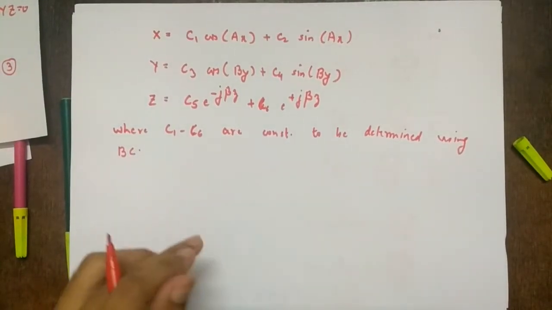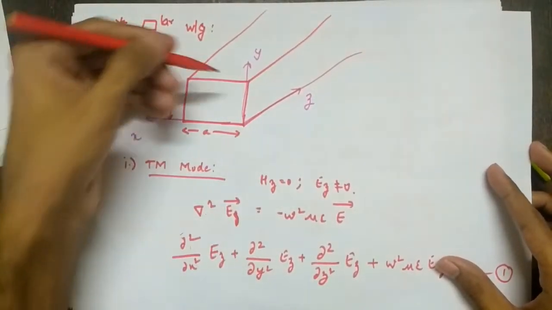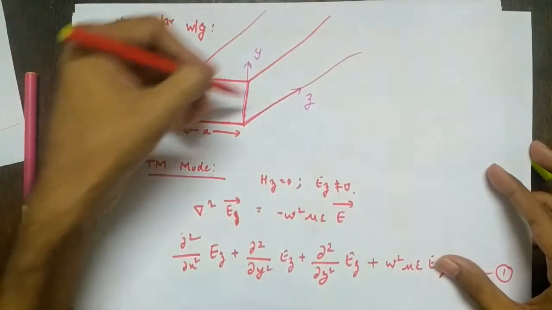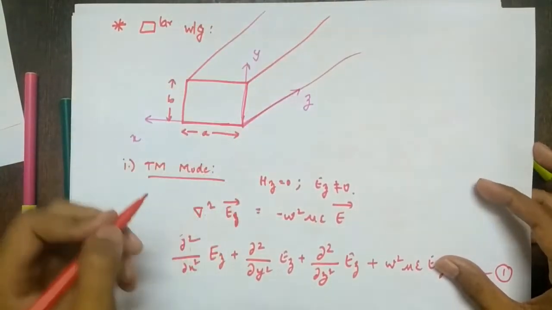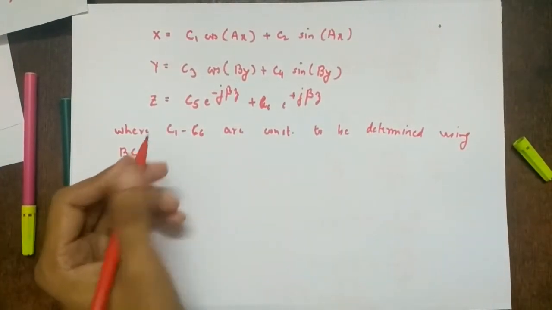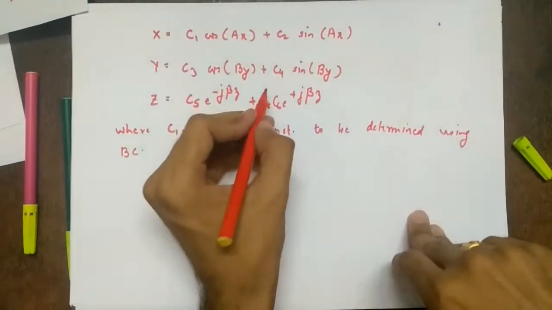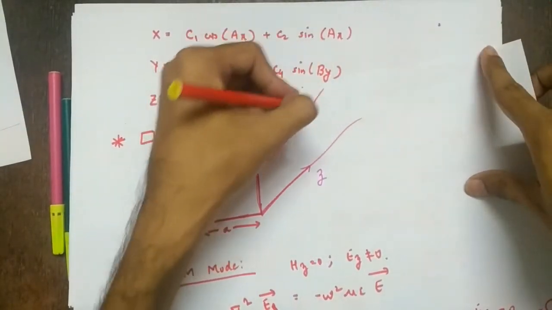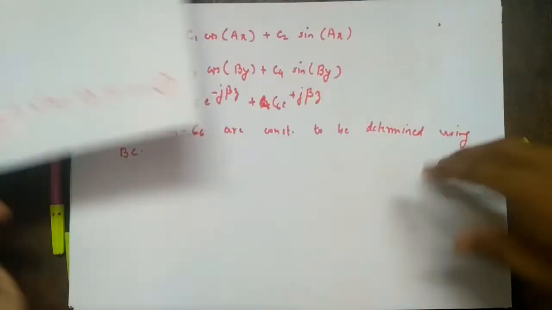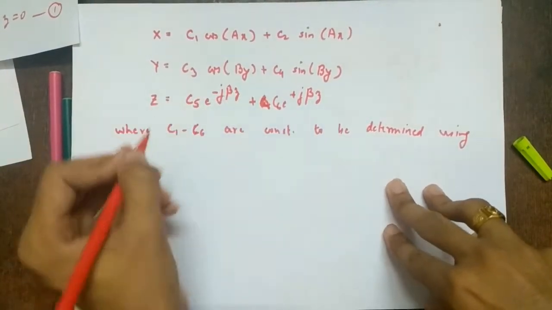First, let's use the very simple case without boundary condition. This is a rectangular waveguide, and you are assuming it is infinite in nature along the length z. So if a wave is propagated from here, it is never going to return back since it is infinite. So can I say C6 is 0? C6 is 0 because this indicates a forward traveling wave, traveling like this. Backward traveling wave is plus j beta z. This plus indicates a backward traveling wave. So this is not there, which means C6 is 0.